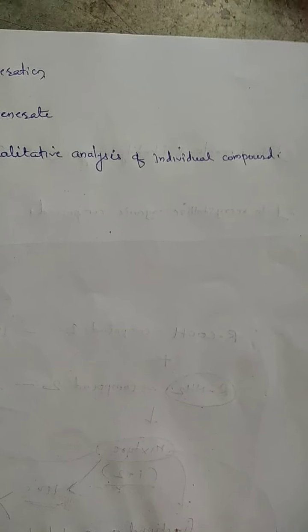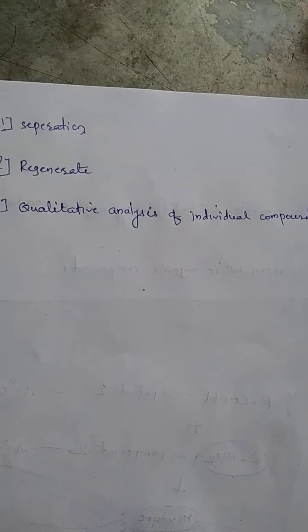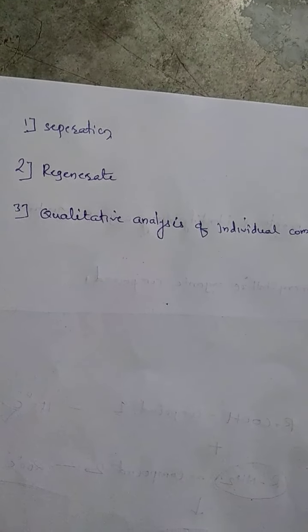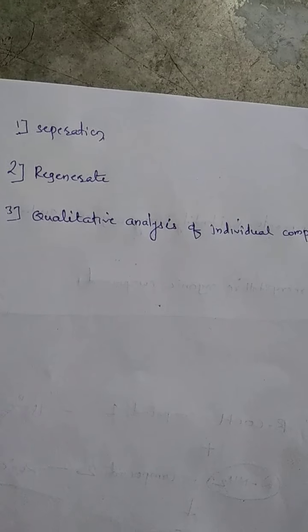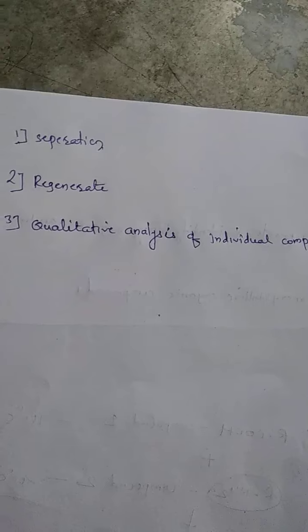Why individual compounds? Because the mixture consists of two compounds, they have different natures and different properties. So you have to undergo the qualitative analysis of individual compounds. In the OC lab, if you were provided with benzoic acid, you identified it at the end as benzoic acid with different preliminary tests, then the sodium fusion test to detect the elements present in the given compound. Then you performed the functional group test. Finally you took the melting point, and then you came to know which compound is present.